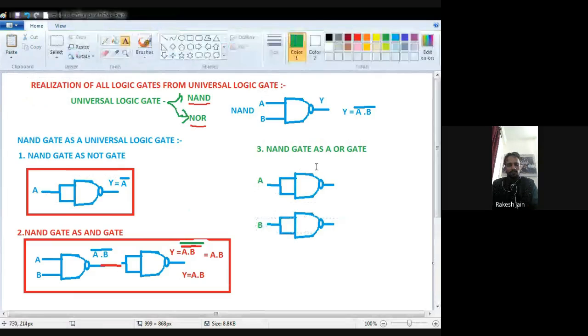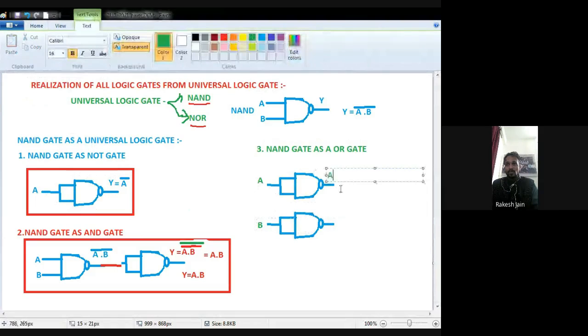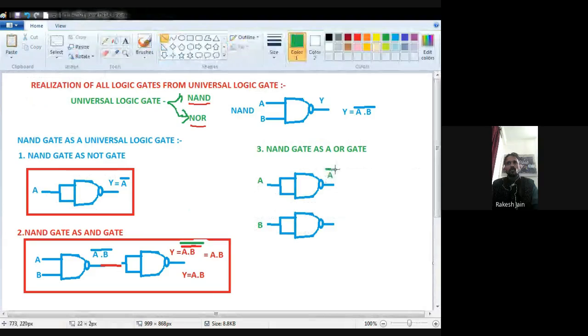It means what is the output of the above NAND gate? That is A bar, because whatever the input, the output is just the bar of the input. And for the second, what is the output? Because it behaves as a NOT gate, the output is just a bar of the input, opposite of the input. Okay. Now we take another NAND gate, a simple NAND gate in which two inputs are there. Now we connect these two outputs with these two inputs.